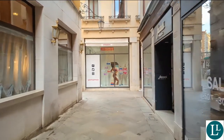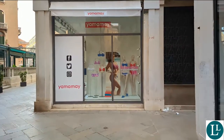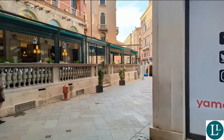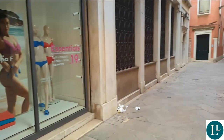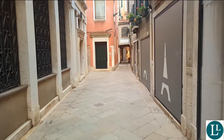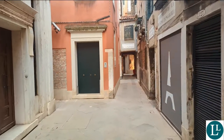And here's a Yamamay store. I think you can see what that sells. Just to show you, you do not go this way. At the corner, at the Yamamay store, you turn right. And this is where you have to pay lots of attention. You go down the laneway,